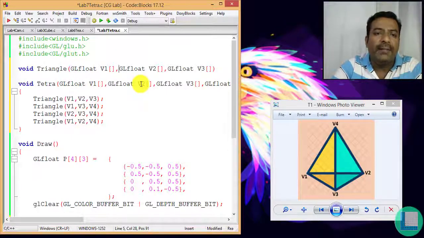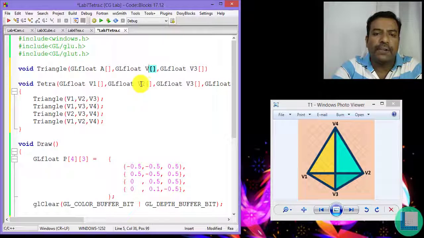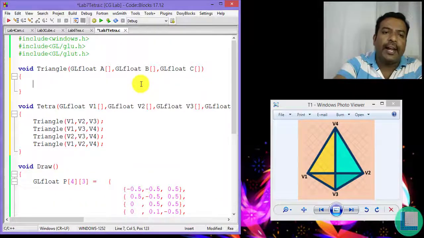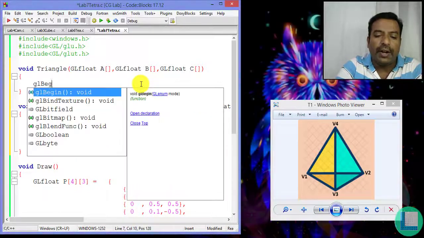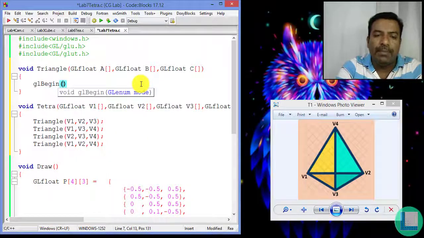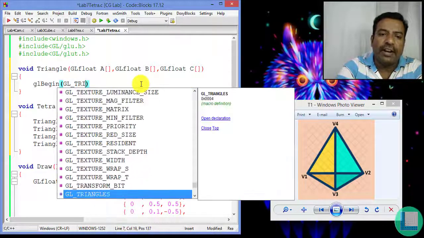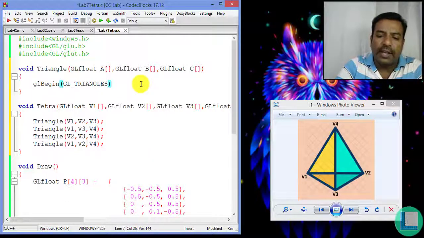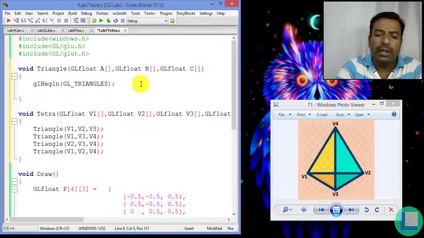Let me name the first parameter as a, which is going to be the first point to draw a triangle, and b as the second point, and so on. To draw a triangle, I'm going to have glBegin with GL_TRIANGLES, or I can say GL_POLYGON will also work, and glEnd.